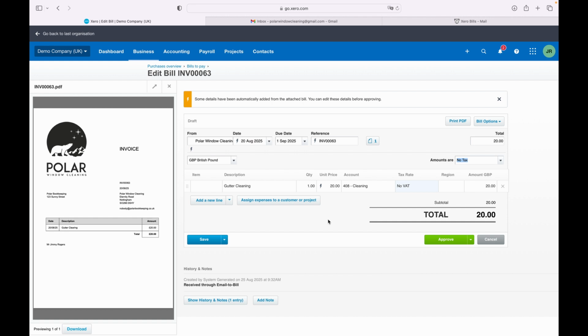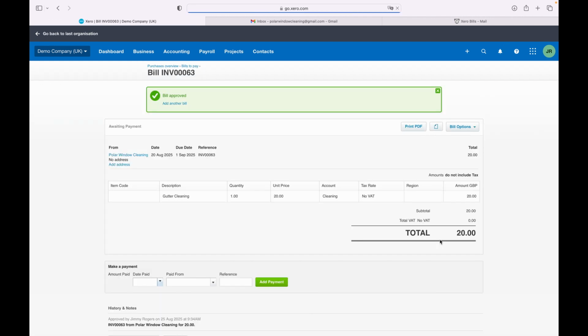Now what we should be able to do then is just approve this bill if we're happy with all the details, and if we've missed anything, Xero will let us know what's missing. And so that is how you really simply put bills into Xero, by just forwarding them from an email that you receive. But in the next video, we're going to go one step further and